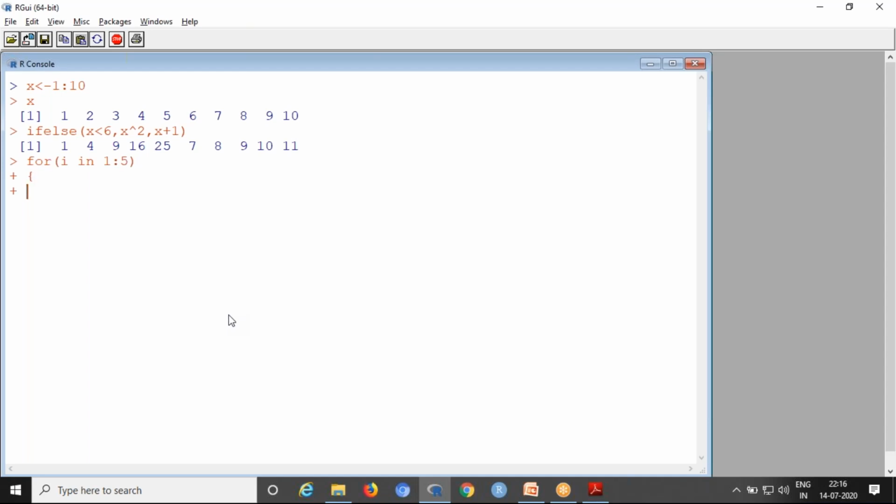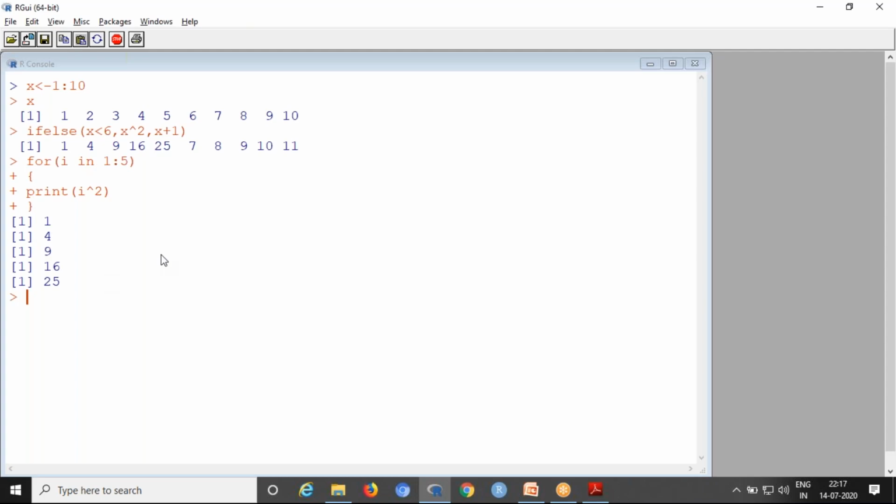The plus symbol is used to combine the statements to the previous statement. So this is not an arithmetic operator. By default, it comes whenever multiple statements are there with a single function or loop. Then print, here what you are printing is I power 2. Then close the print statement, then close the for loop, then enter. Now you can see this is the output we saw just now.